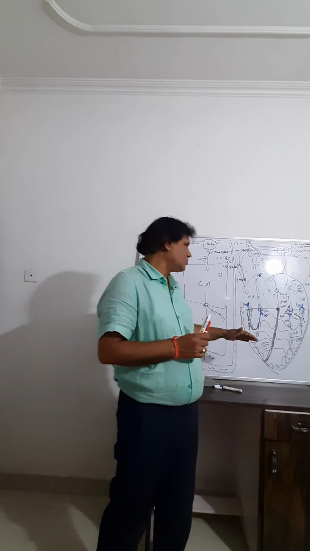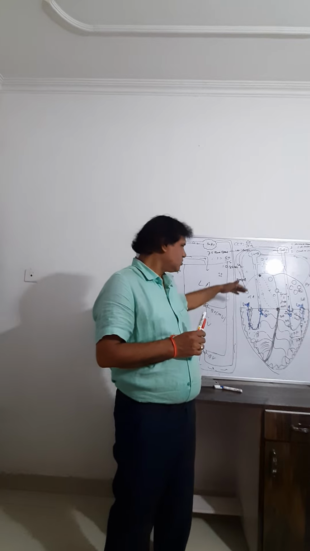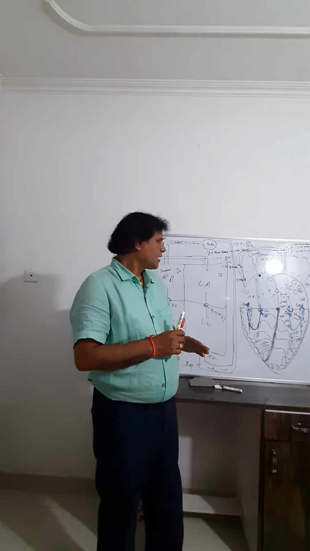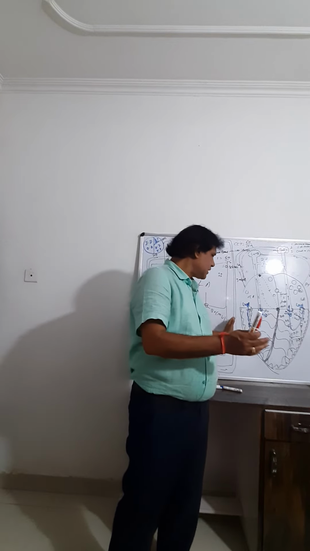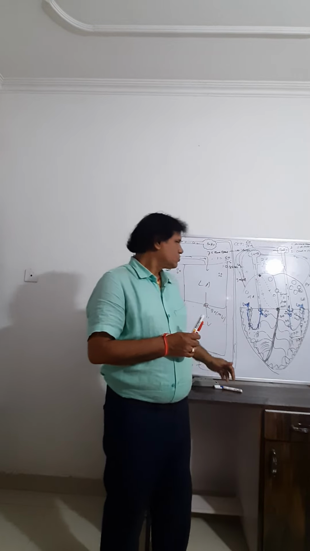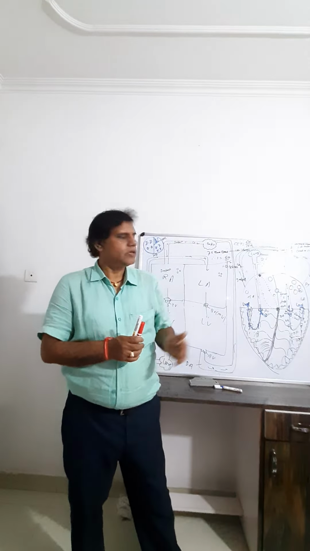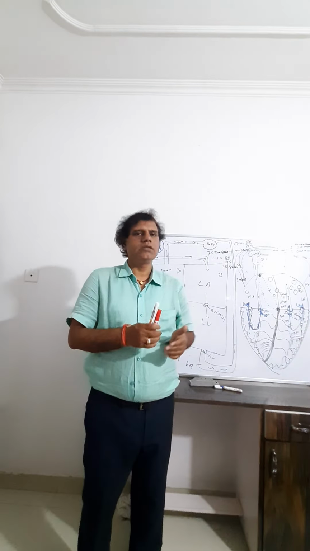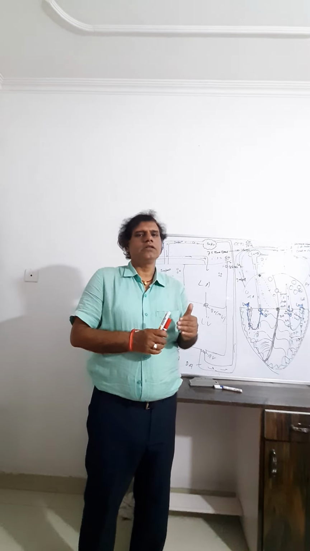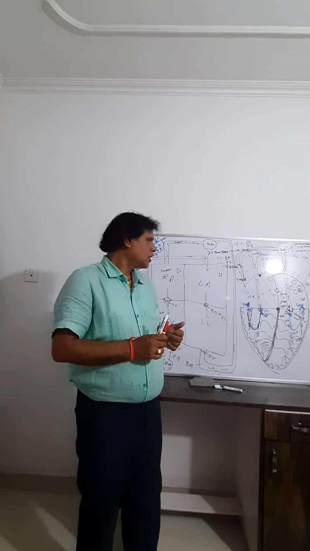So the first heart sound is produced due to closing of the bicuspid and tricuspid valve. That means the whole blood has transferred from auricle to ventricle, and after that, due to contraction of ventricle, this blood flows into the lung and body. So due to closing of the semilunar valve, that is the aortic valve and pulmonary valve, there is a production of the second heart sound, that is called dub. So lub and dub are listened to by the stethoscope given by Dr. Laennec.